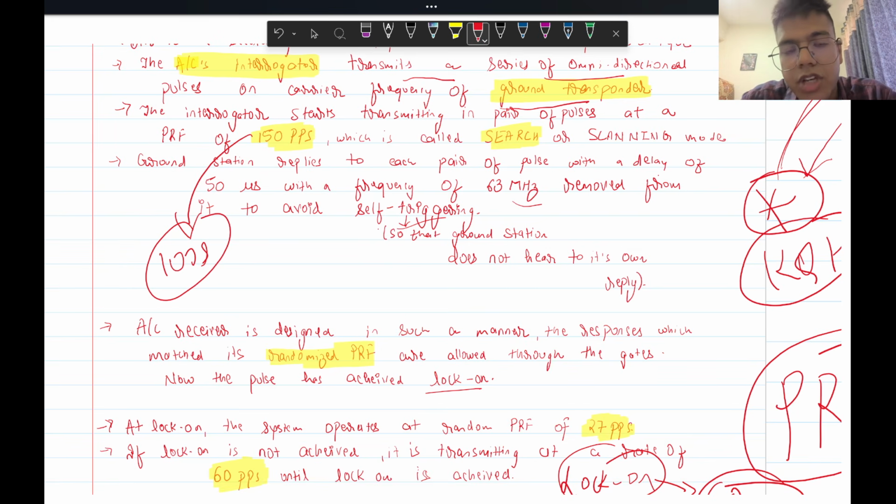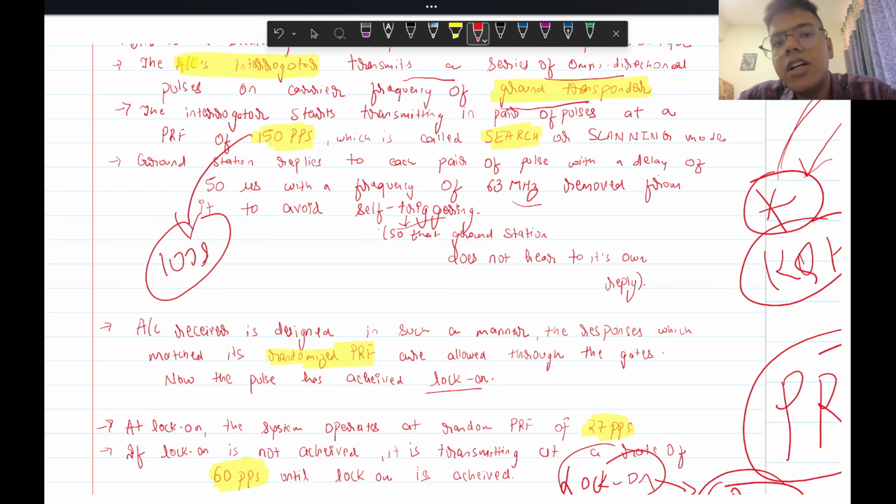ठीक है, सो अंडरस्टूड। सबसे पहले देखो, एक है एयरक्राफ्ट, एक है ग्राउंड स्टेशन। एयरक्राफ्ट क्या कर रहा है इस केस में? इंट्रोगेशन कर रहा है, वो ढूंढ रहा है कि वेयर इज द स्टेशन, एट अ फुल स्पीड के साथ एट अ रेट ऑफ 150 पल्सेस पर सेकेंड। ठीक है, नाउ सपोज द लॉक ऑन गेट्स अचीव्ड, उसको स्टेशन मिल गया, सो दैट रेट विल रिड्यूस टू 27 पल्सेस पर सेकेंड।